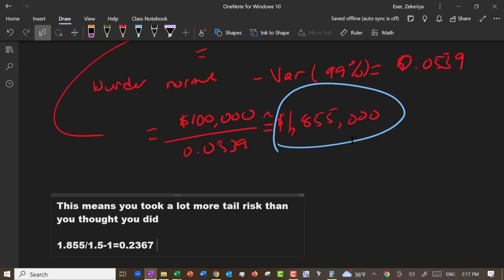Under the normal thing, you're going to lose only $1 million. Okay? It's $1 million, or you're not going to lose more than $1 million with the 99% probability. But assuming that the returns were actually normal, the amount that you're going to lose is going to be about 25% higher. So instead of losing 1, you may end up losing 1.23. Okay? Or 1.25, rounding up to a quarter.